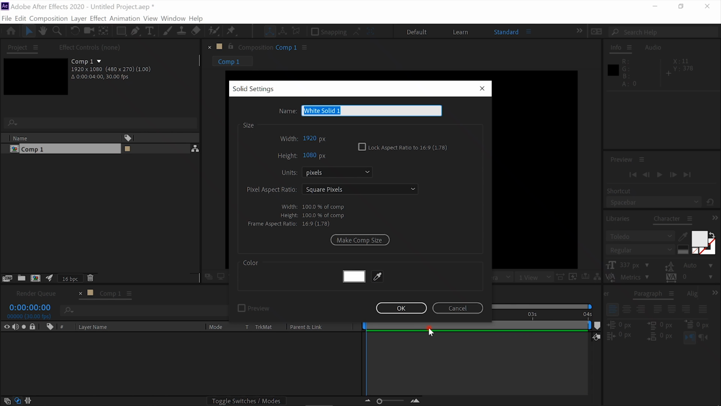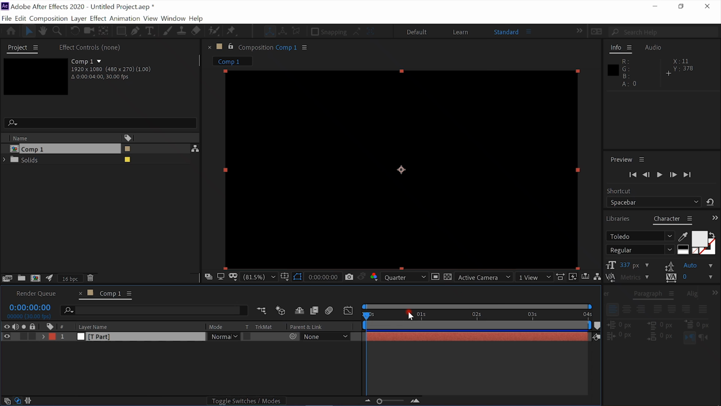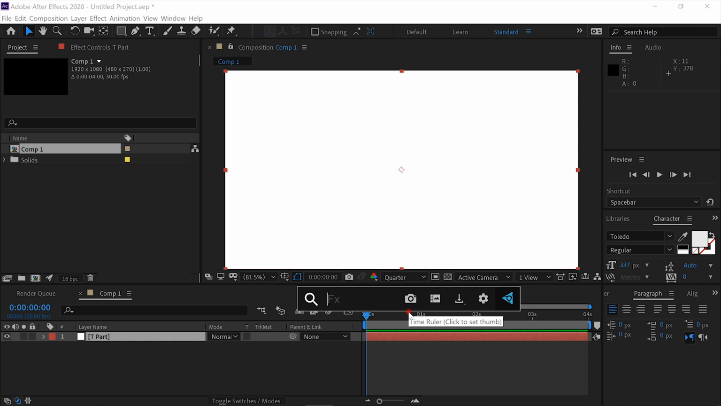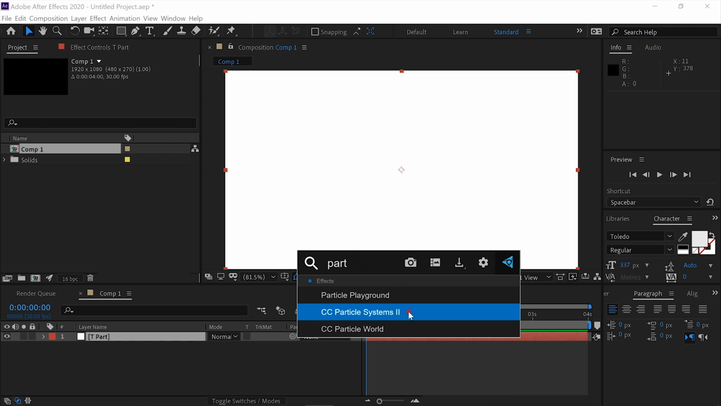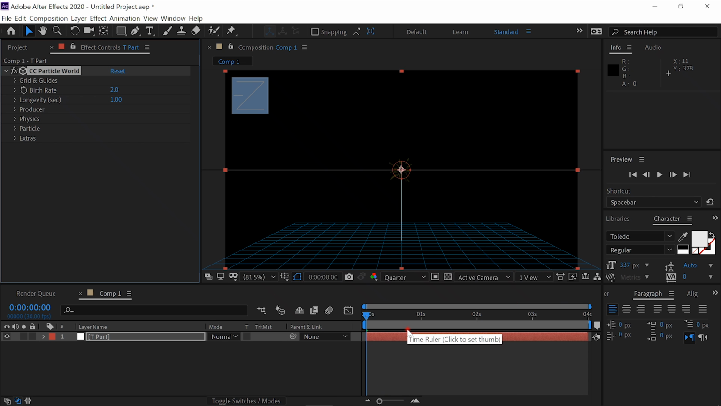And we'll call this T space part, which stands for top particles. We'll add the effect CC Particle World. We'll set the birth rate at 3.7